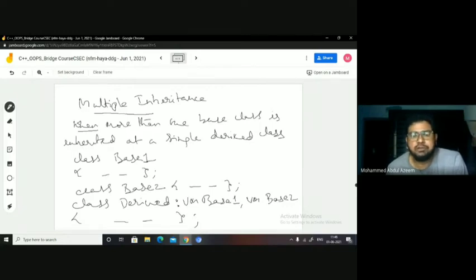But if the visibility mode is private, let us say, the private becomes private here. Yes or no? Similarly, in base 2 as well, if I have private, public, protected members, fine. And I have inherited base 2 here, let us say publicly, then as it is, you will get the same kind of scope. But if I am inheriting it privately, then private cannot be accessible, but public becomes private here, protected becomes protected here.